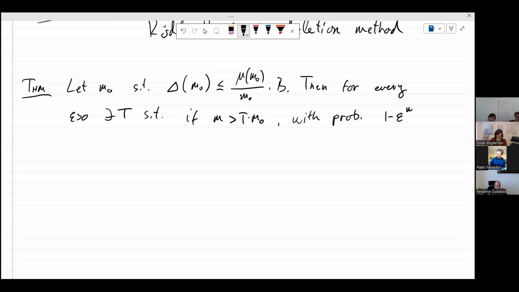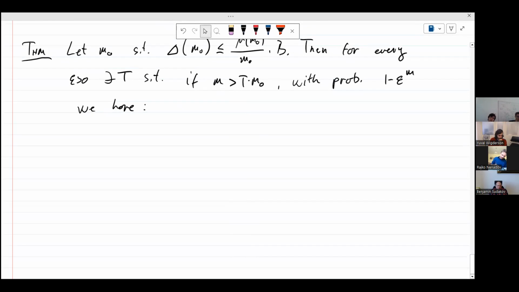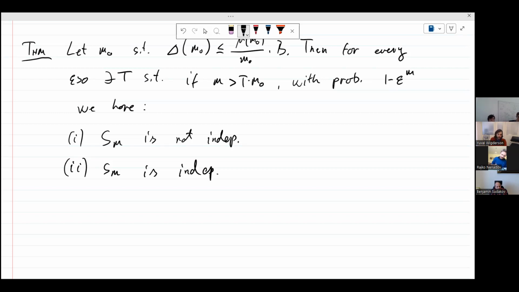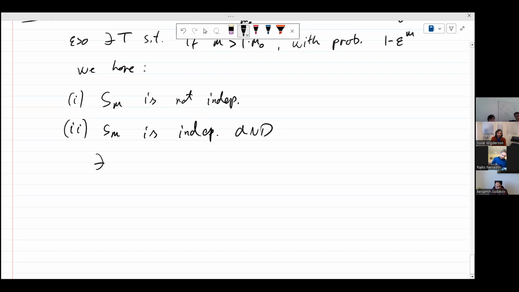with probability at least 1 minus epsilon to the m, and I choose epsilon, and that's crucial, we have one of the following two events. So first event is that S_m is not independent. And the second case is that S_m is independent. And